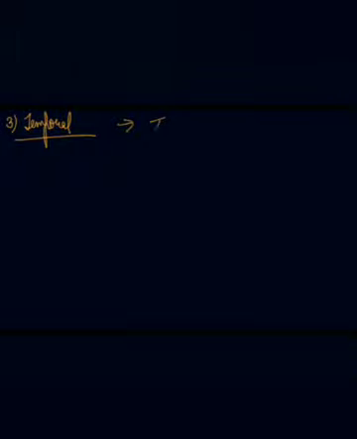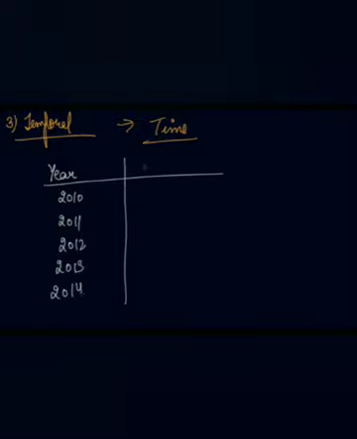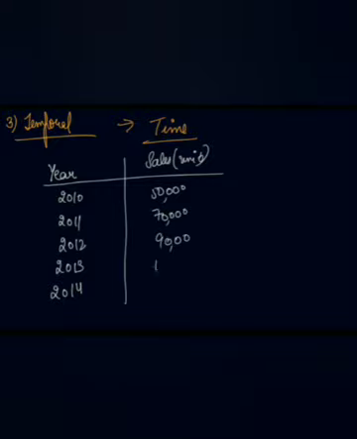See, when you classify your data according to the time and make the table taking time as the characteristics, in that sense it is known as the temporal classification of data. So you've taken the table in which the annual sale of XYZ company is given in the years, that is 2010, 2011, 2012, 2013, 2014, and the sales is given in units, 50,000 units, 70,000 units, 90,000 units,